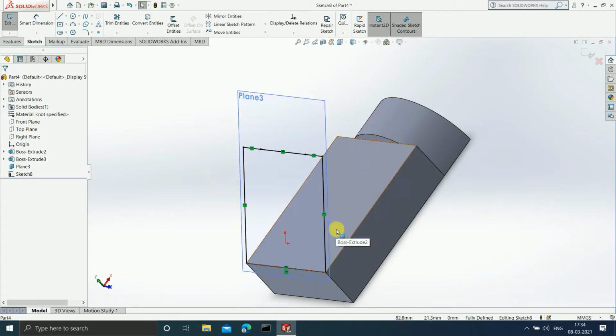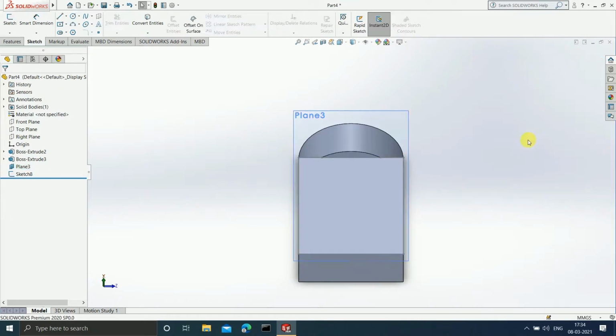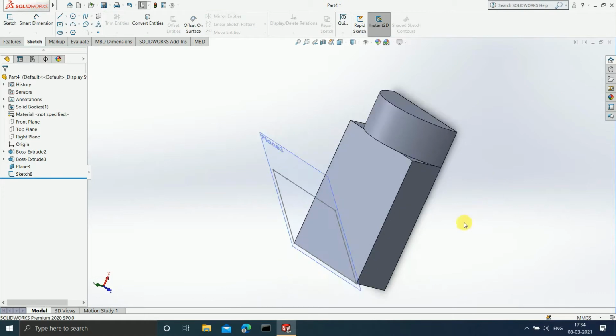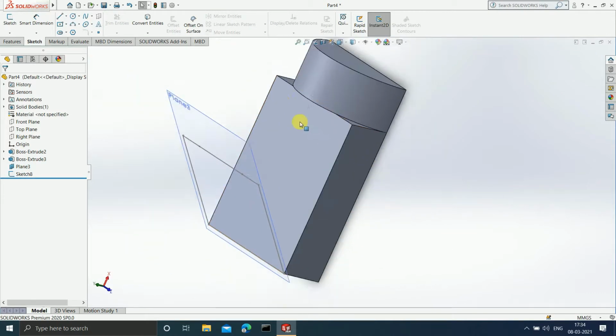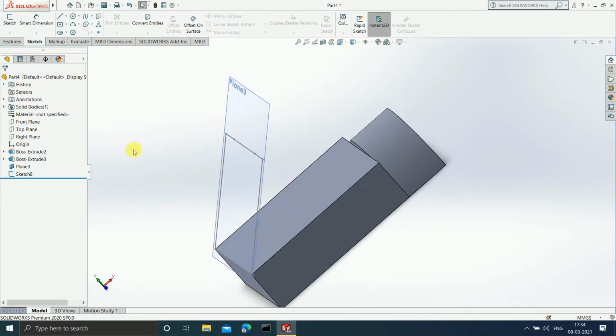You will observe that this rectangle is obviously smaller than this one, because if you press Ctrl 8 here, this rectangle is exactly tracing the edge of the rectangle of the 3D model which already existed. So now you can end the sketch. This is how you can make use of the convert entities feature. I hope the convert entities feature is very clear for you. Now I will delete this particular thing.